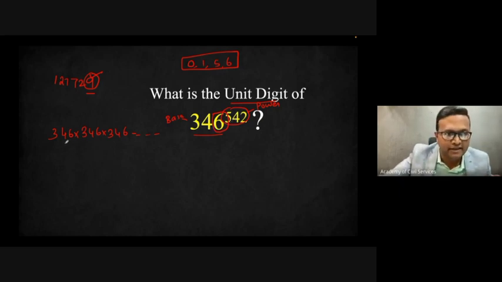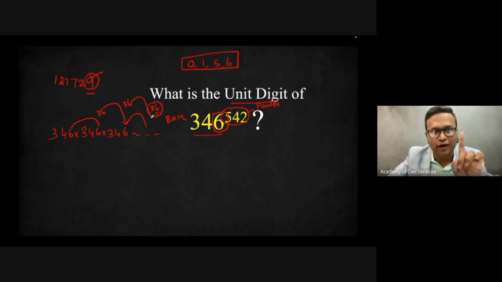Why am I saying this? See, 346 multiplied by 346. If you multiply the unit digits only, 6 multiplied by 6 is 36. Here also, last comes 6. 6 multiplied by 6 again 36. Again you multiply this 6 with another 6, 36 will come. Finally, the unit digit of the final product will also be 6. Am I right or not?